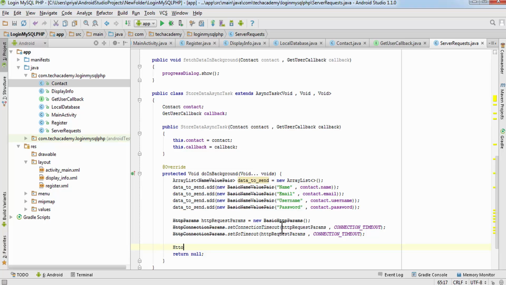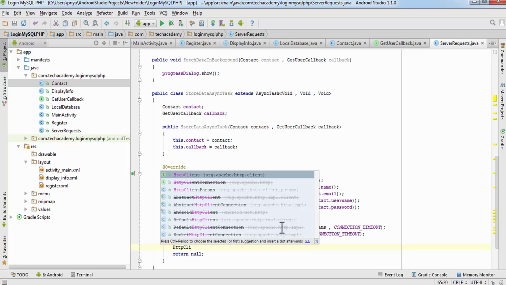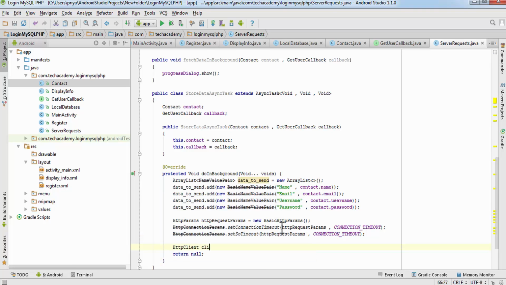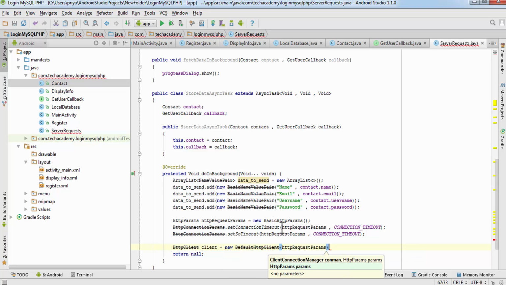So after this, we will create a client. So write HTTP client and name it client equals new default HTTP client, and here it will take HTTP params. So write HTTP request params here. So our client is created. Now we will create a post. So write HTTP post